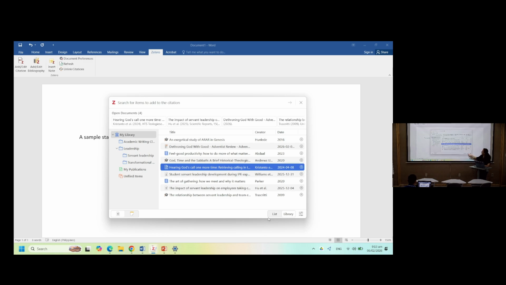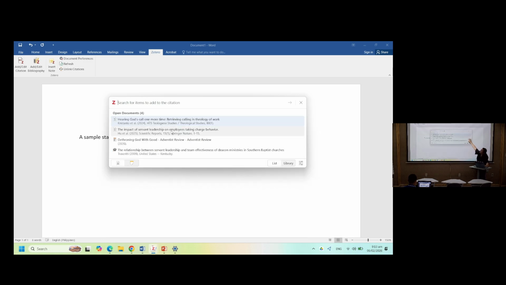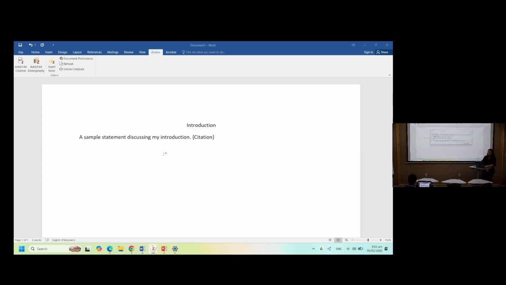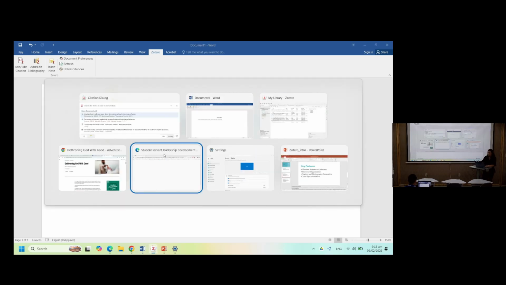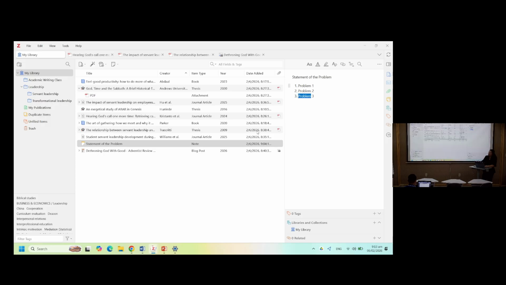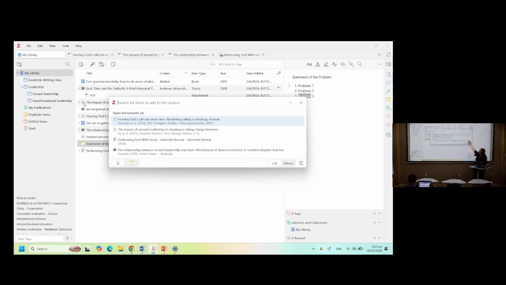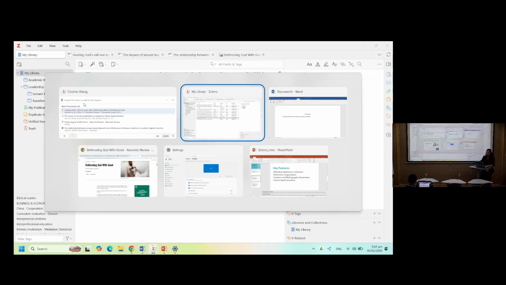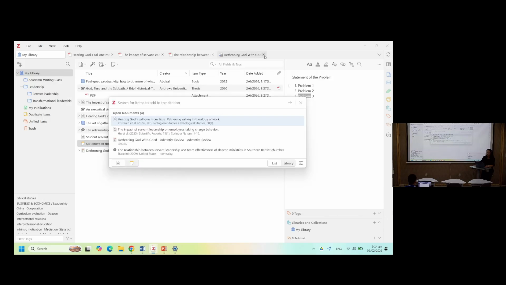But if you want a list, it will initially show you the 4 documents that are currently opened. Here, 1, 2, 3, 4. Okay? So those are your open documents. So if I close those 4 documents,